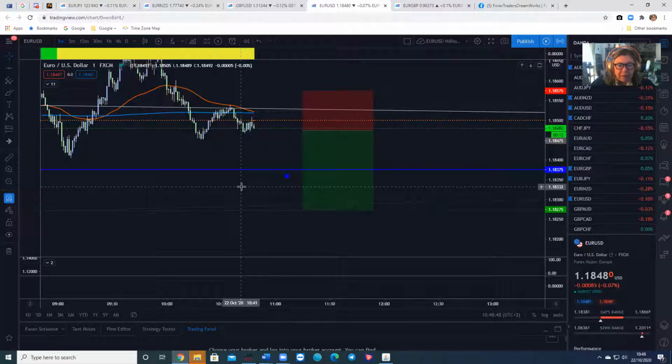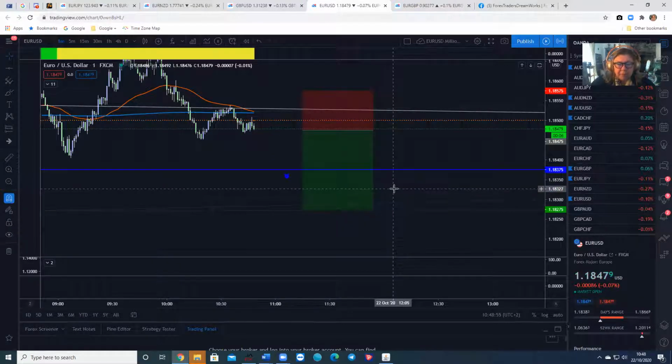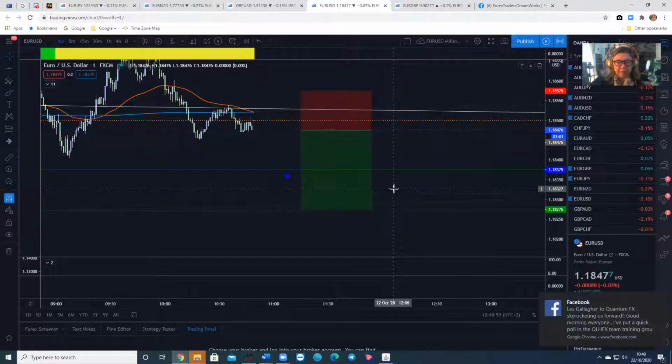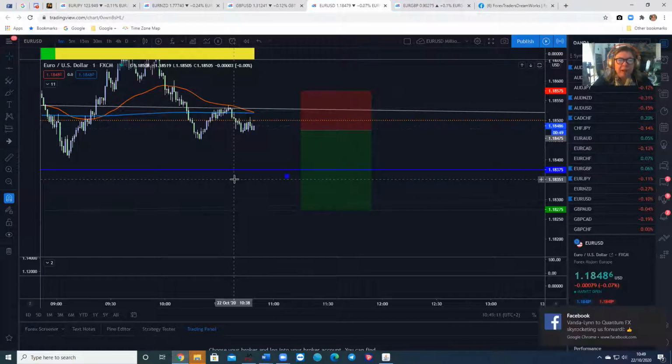I absolutely love it. I find it very comforting. I wouldn't say easy to do, obviously, but I just love the clarity of the view and the precision of knowing where to get in and out of things. It's the only strategy that's ever really worked for me, and I've tried so much over the first 8 months I was in. We didn't have a lot of the stuff we've got now.